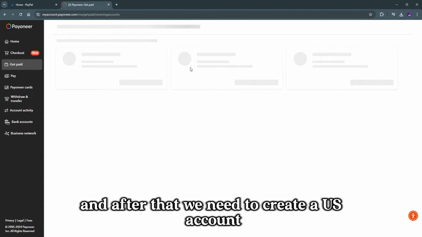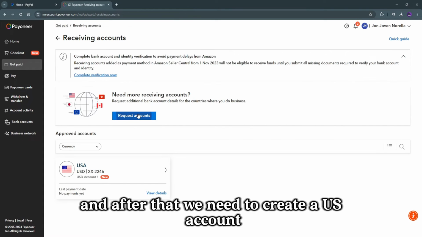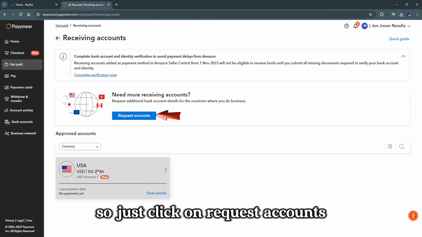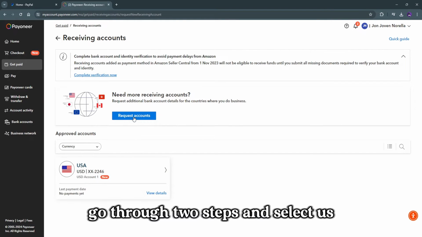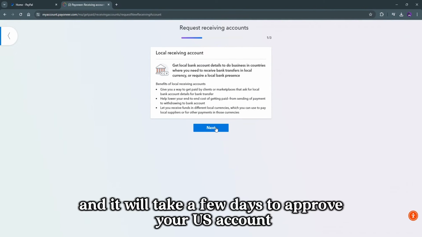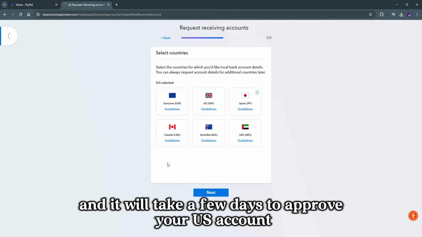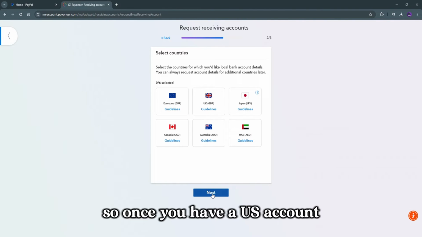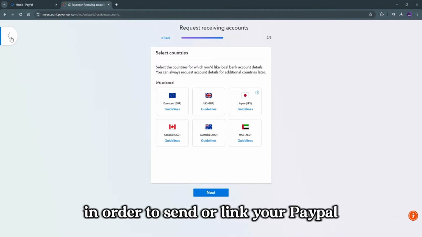And after that, we need to create a US account. So just click on Request Accounts, go through the steps, and select US. And it will take a few days to approve your US account. So once you have a US account, in order to send or link your PayPal,